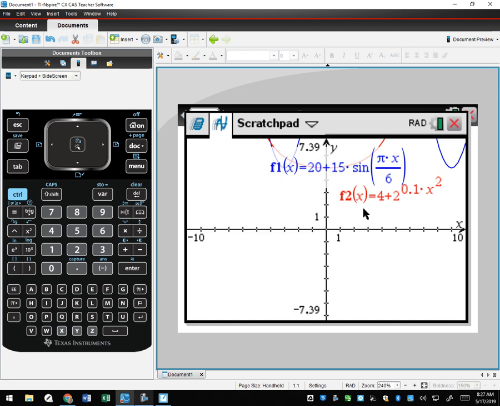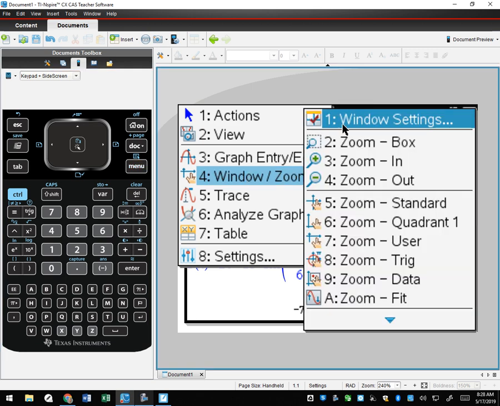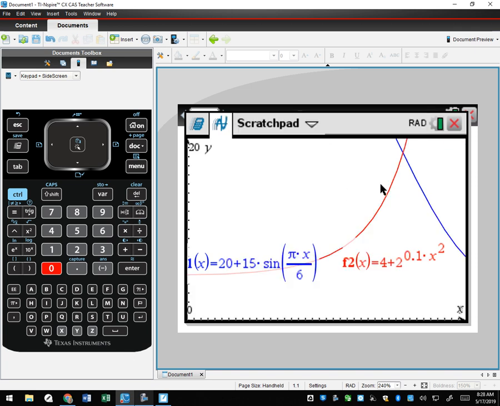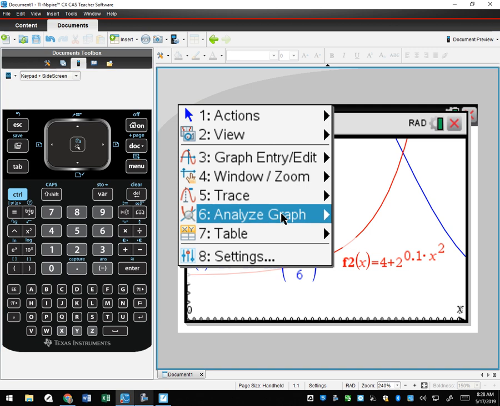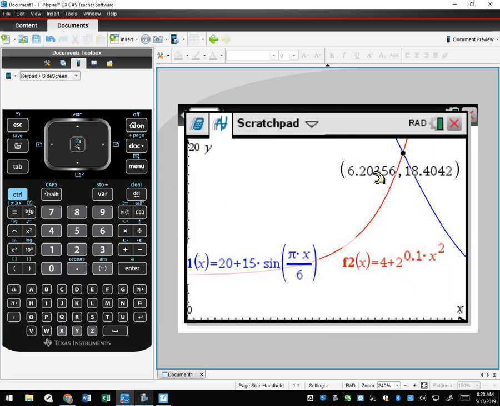So back to my graph, and I am now going to have to adjust my window. So we are going from 0 to 8. So I'll change my window x's from 0 to 8, and my y's, I don't know. We're not going to have a negative number of fish. Oh, it's a rate, though. You could have, well, the rates were both positive. Let's go 0 to 20. I don't know. Just make up a number. Looks like they intersect once right there. So menu, analyze, intersection, right there. And I now have where they cross is